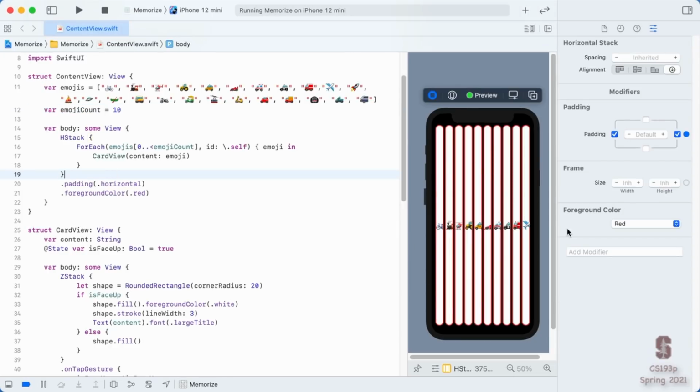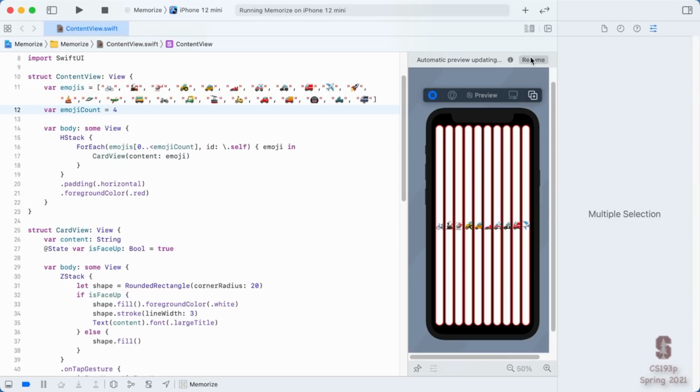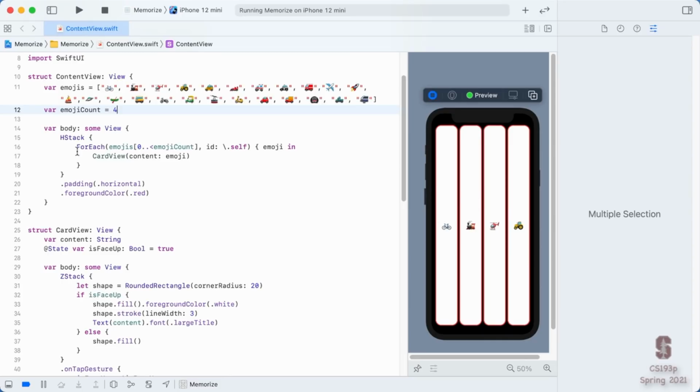How do we add a button to our user interface? Before, to make it a little cleaner here. How are we going to add a button? We want a button somewhere in our UI, which is add a card and remove a card. Well, adding buttons is really easy. Of course, there is a Lego brick, which is a button, and we're going to put it right below our HStack. So we've got our HStack right here. I'm going to put this button right below it here that adds a card.